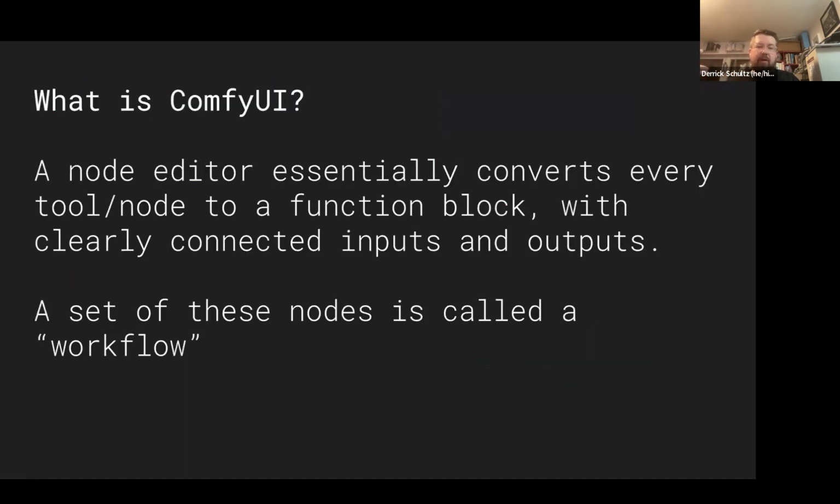So Comfy is a node editor. If you've ever used a tool like TouchDesigner, it's basically like TouchDesigner, except in TouchDesigner, every one of those nodes or blocks has been made by TouchDesigner. I don't think they have some third parties, but it's mostly all made by Derivative, the group that makes TouchDesigner. Whereas Comfy is largely made by people outside of the Comfy org group. And that can lead to some of the chaos here.